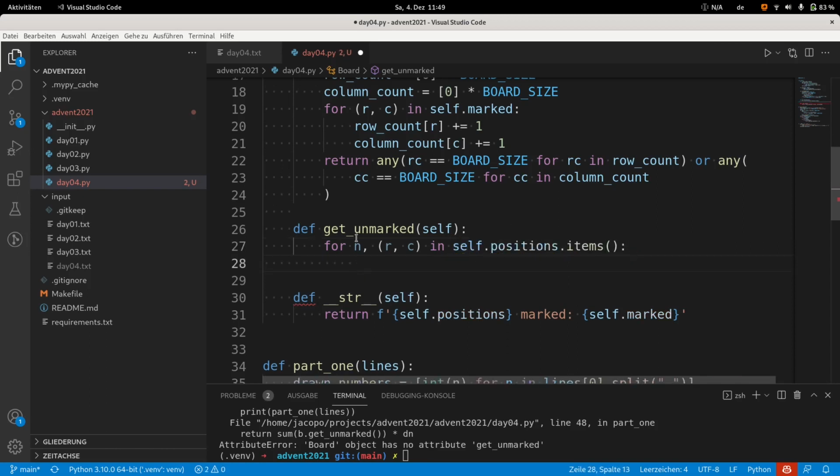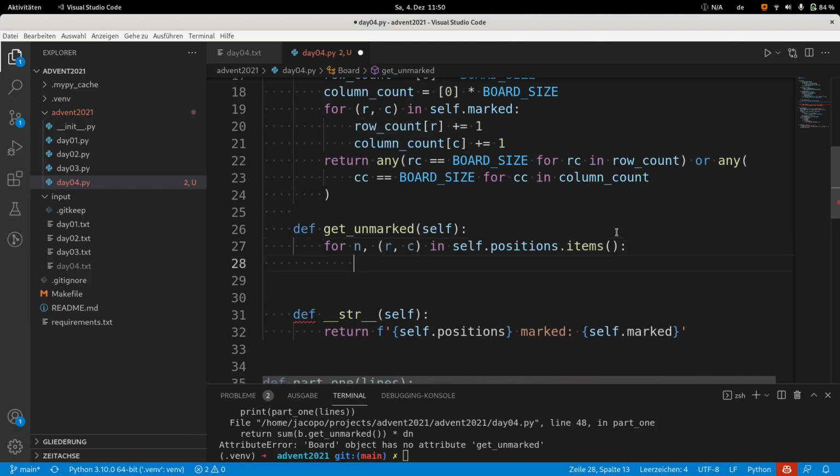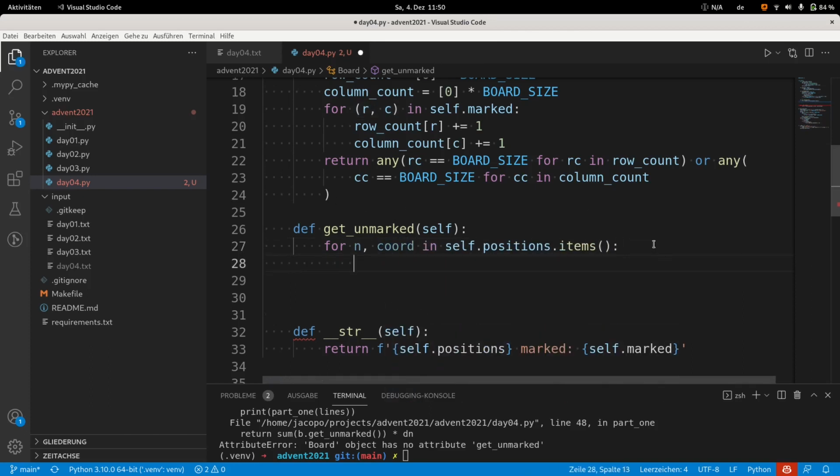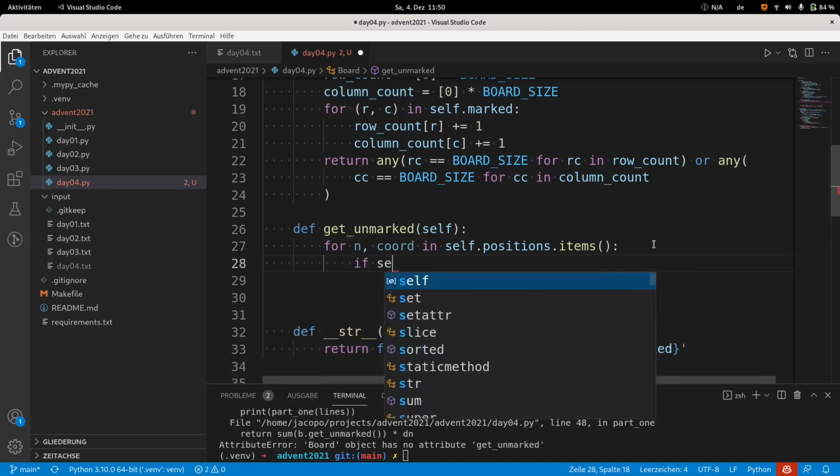And this is called unpacking. So essentially items gives me a tuple with key and value, but the value in this case is also a tuple with row and column. So with this parenthesis, I ask Python to match this tuple that contains tuples itself, and give me all the values already explicitly represented. So for this position, actually it's not needed because the coordinate is already what I use as a value. I say that what I want to do is I want to say that if the coordinate, what was the name, self.marked